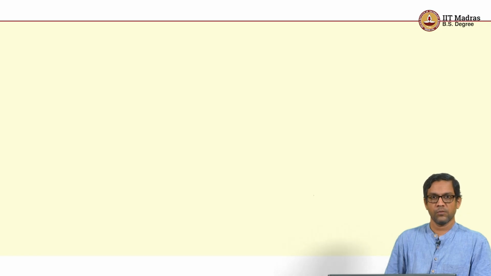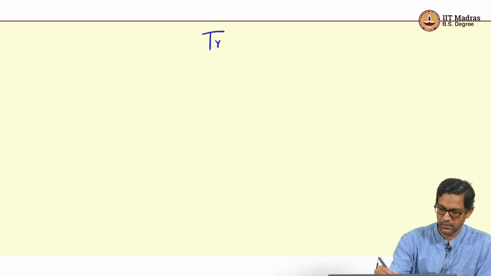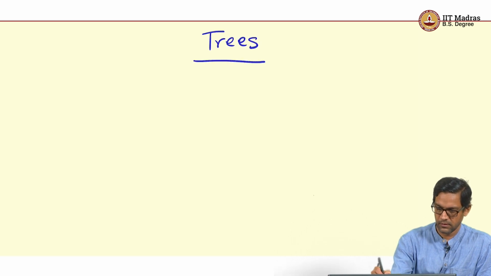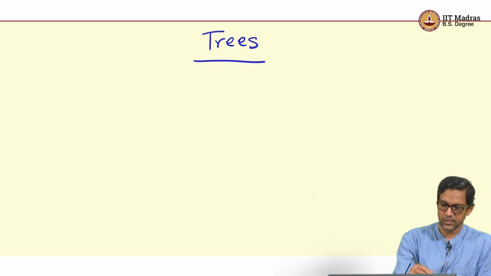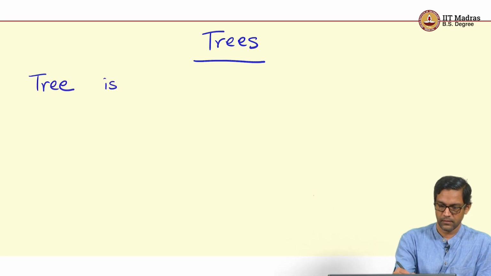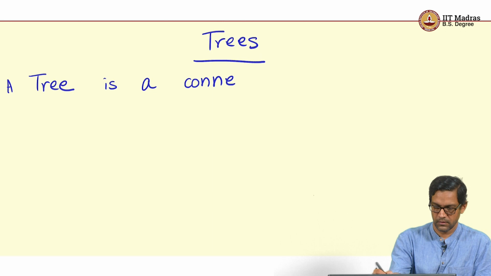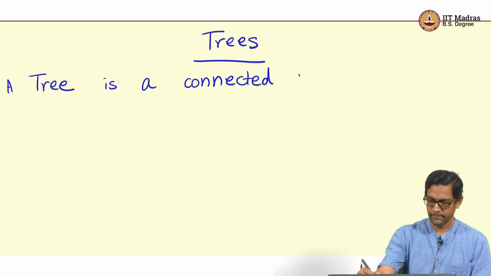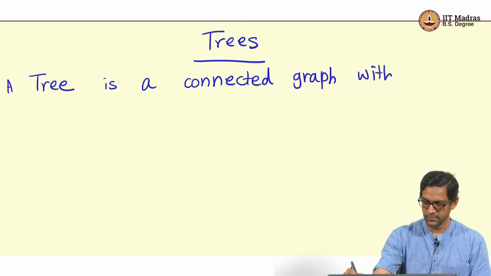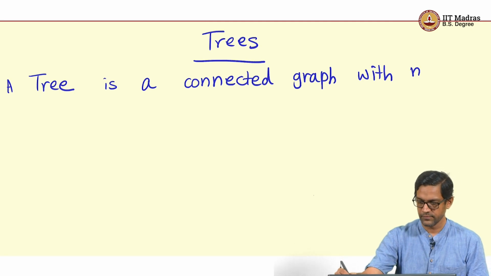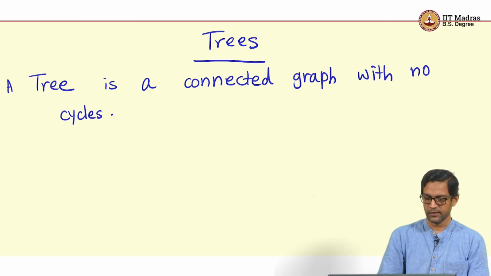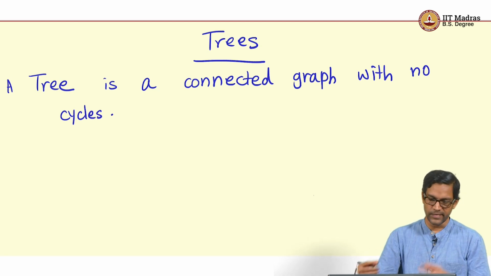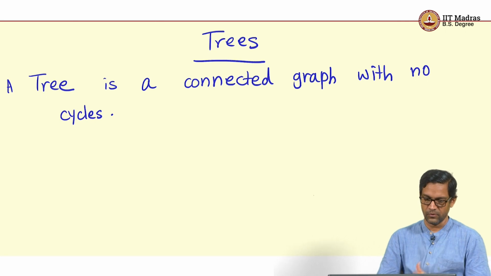Let's talk a little bit more about trees. So recall, a tree in the sense of graphs was a connected graph with no cycles. So what is a tree? It's sometimes called a connected acyclic graph. And we looked at various examples of trees and tried to count trees, or at least by examples and so